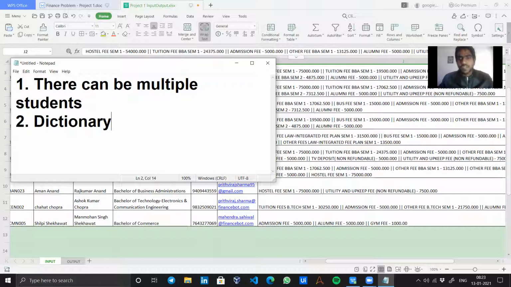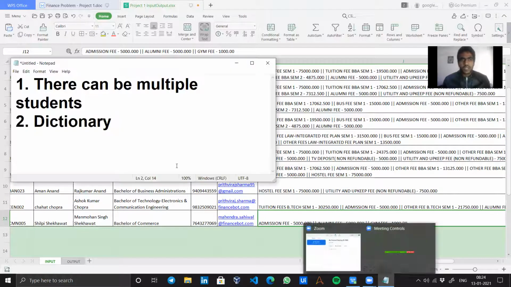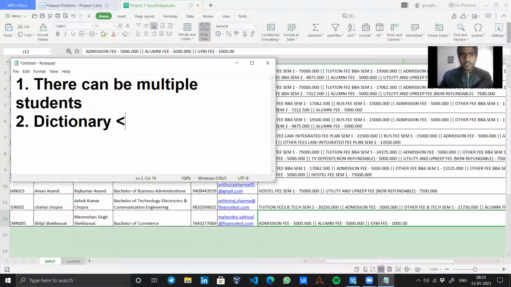There is a key mapped to some value, and we can set the key as the first keyword of the value, like hostel fee. Key can be hostel. For tuition fee, the key can be tuition, that is unique, and we can merge the values. So in our project we will use a dictionary.